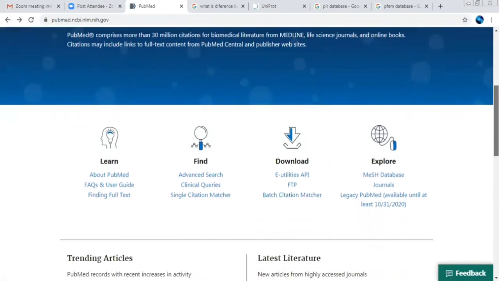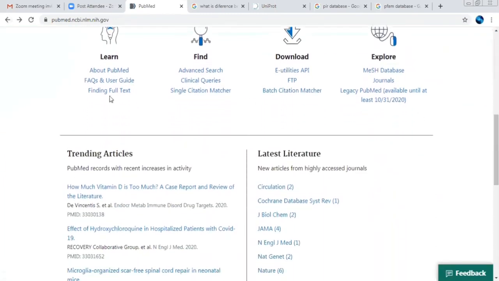Apart from searching, you can see here what we can learn: they have provided some user guides or tutorials for using this database, and what type of findings we can make over here. They have provided advanced search, clinical queries, and single citation matchers.